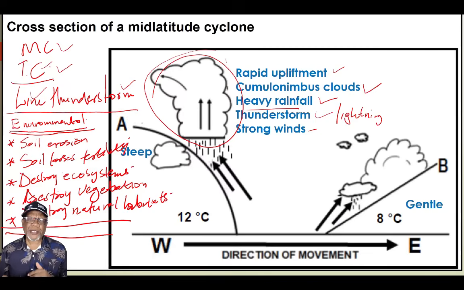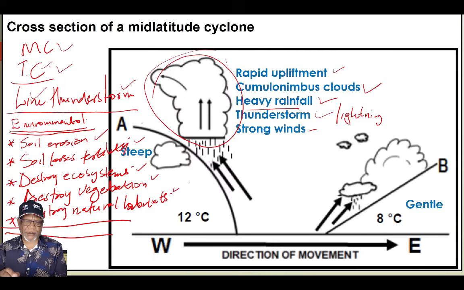If you get a question that says, explain the impact of a mid-latitude cyclone on the natural environment, these are the impacts that you give, because the clouds